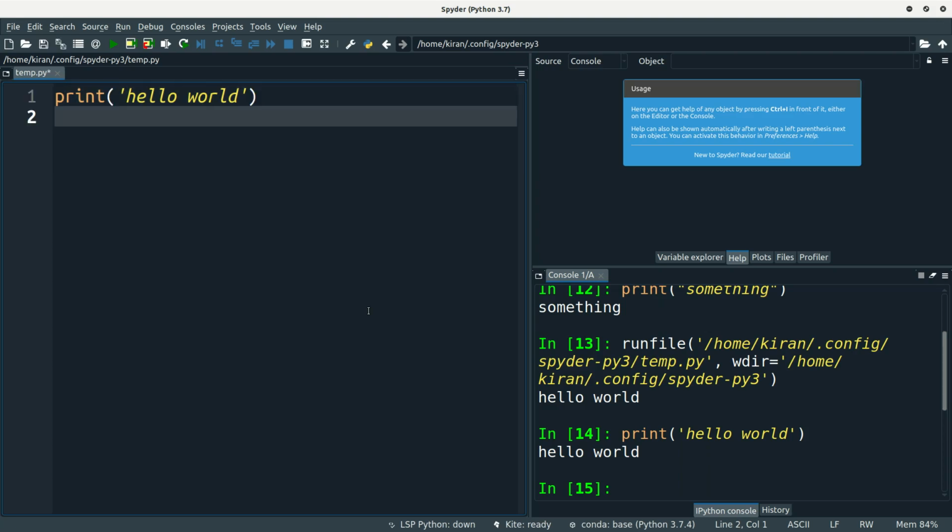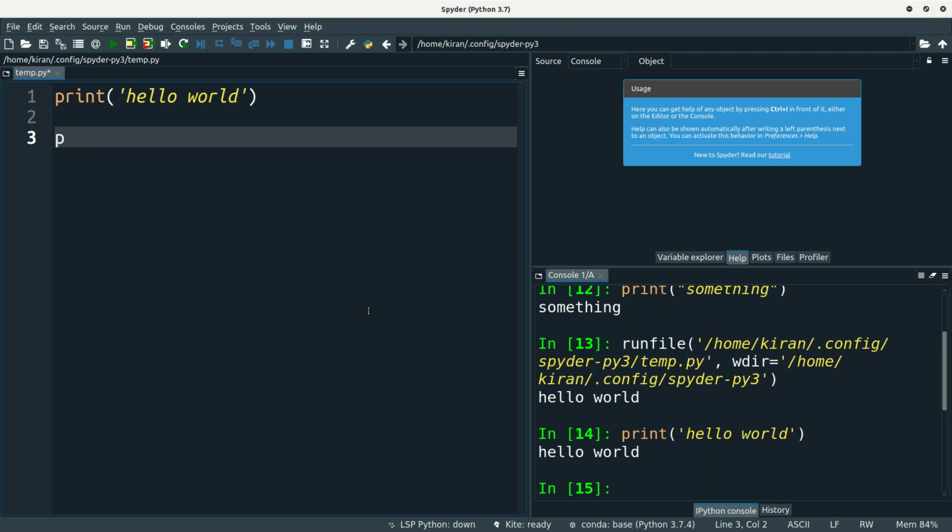Now there are data types available in Python. There are different data types available, but for this lecture I'm going to show you a few data types which are basic and most essential, which will be used by many developers. First I will start with the integer. I think you already have an idea about integers. An integer is a simple number, say 1, 2, 3. These are the integers.